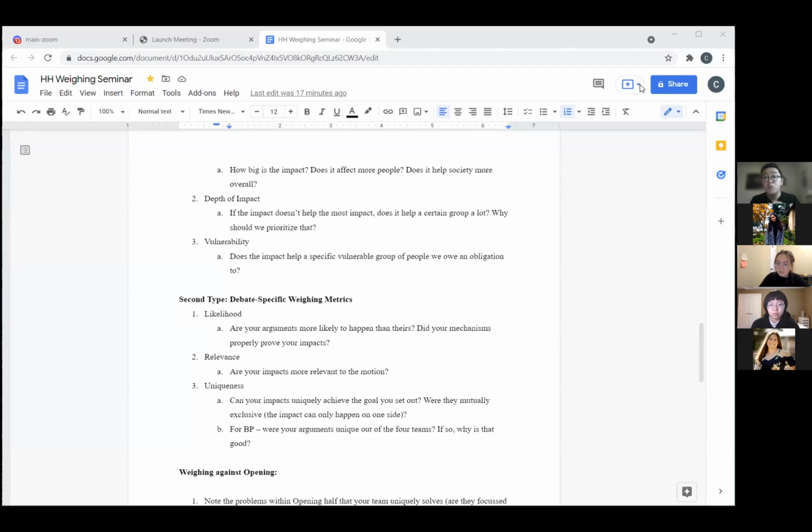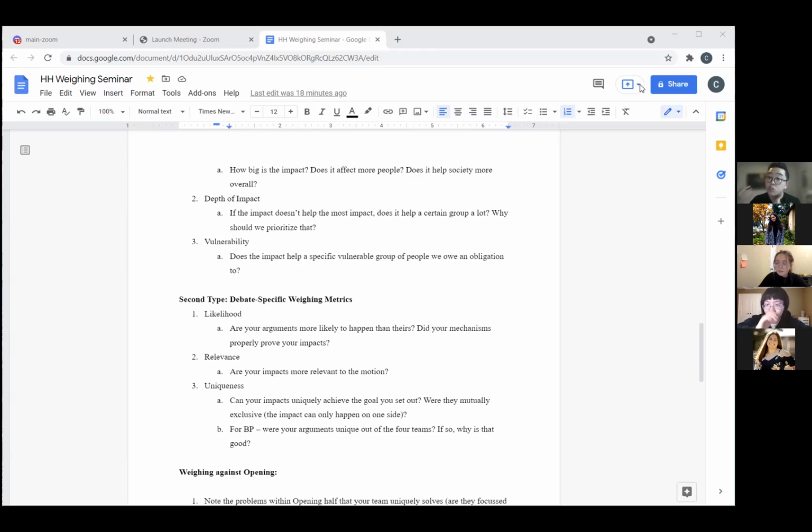In that instance, proving that your arguments are more likely to happen than theirs, or that your mechanisms are more likely to achieve the impacts that you have compared to the other side's, is important. It's important, therefore, whenever you're giving a response, such as, this argument is not true for this reason, that you conclude that response, that you say what that means for the debate: maybe opposition's argument has a 10% chance of happening, 20% chance of happening, compared to the mechanisms we provide, which prove that in multiple instances, in 100% of instances, this is likely to happen.